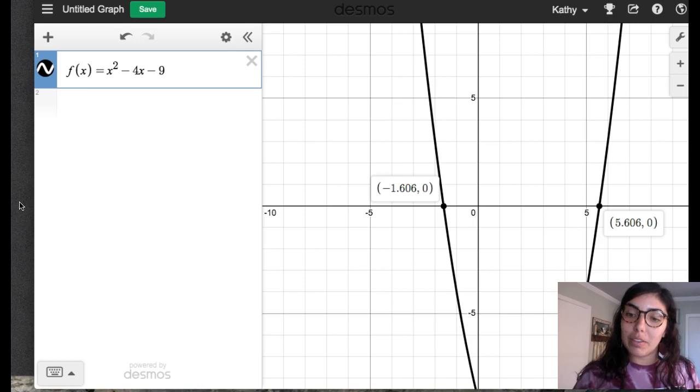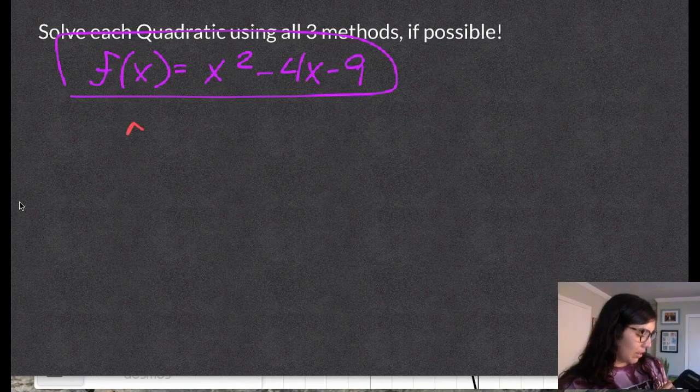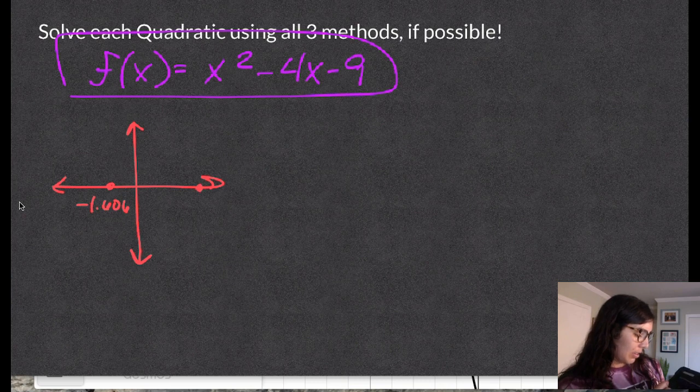-1.606 and 5.606 are my solutions. So here's my sketch of it. Again, it does not have to be absolutely perfect, so here's going to be -1.606, and here's going to be 5.606, and there's my sketch. So I know my solutions are